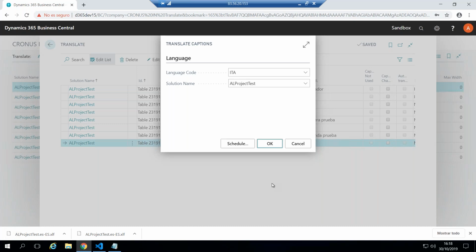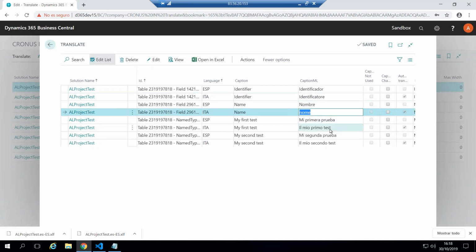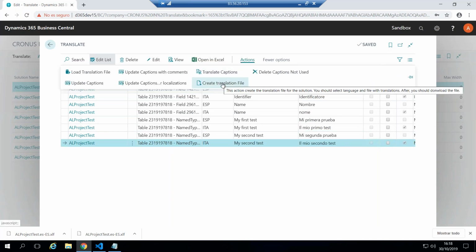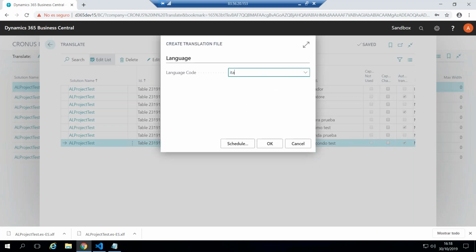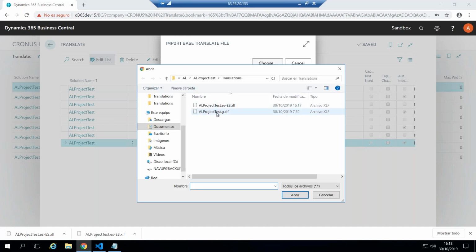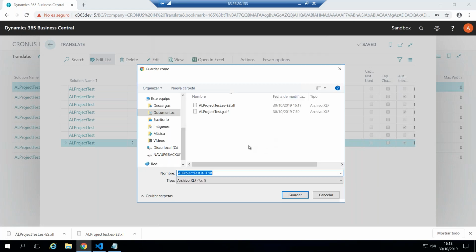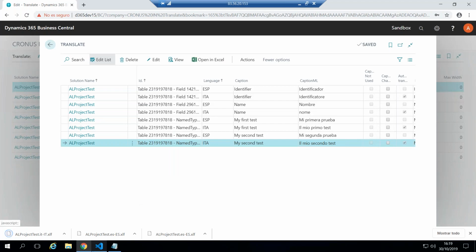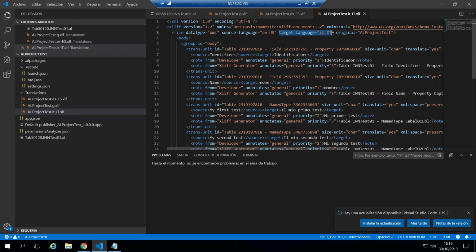We wait for the computer to. So now we have the translations in Italian in an automatic way. Create again the translation file of Italian. Select the basic XLF file. Okay, now we have created the Italian one, and there we have the three ones: the base, the Spanish, and